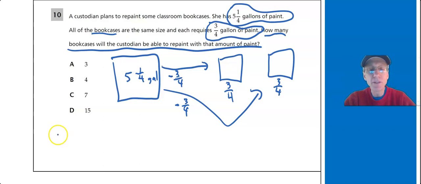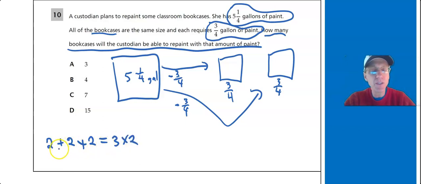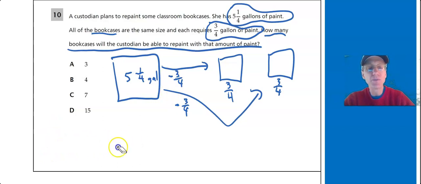We don't normally think about subtracting over and over and over again, but a lot of times we think about repeated addition, like 2 plus 2 plus 2. Well, we can write that much quicker as 3 times 2. So repeated addition is multiplication. So guess what repeated subtraction is? You guessed it, it's division. And if you think about long division, that's all you're doing. You're just subtracting over and over again.